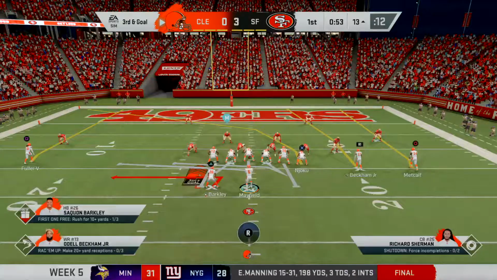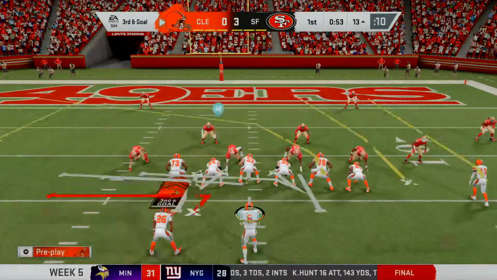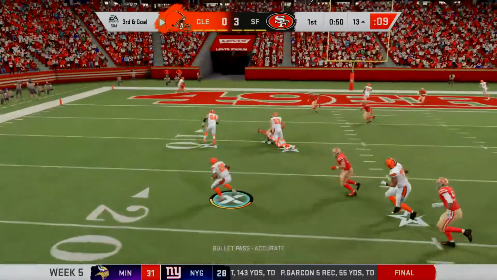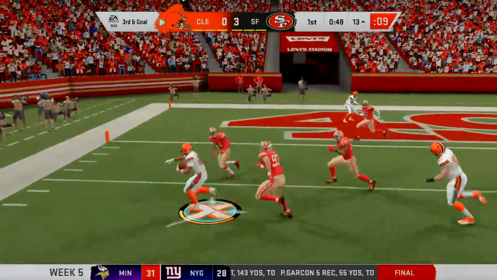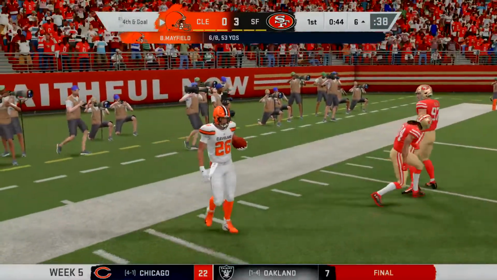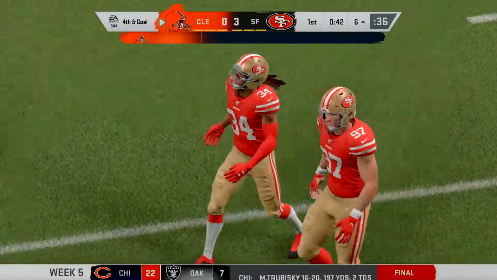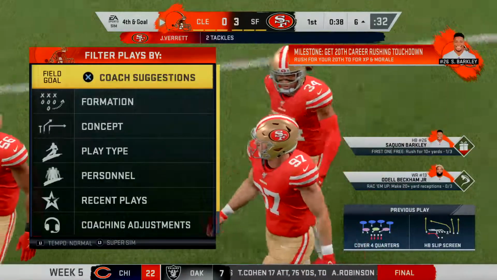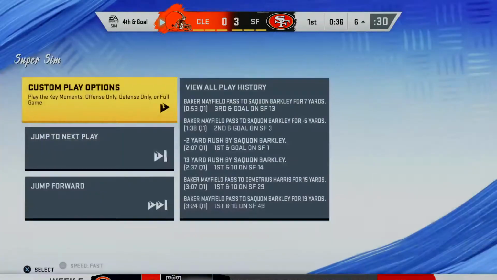Let's go, deep, tighten up. Mayfield to throw it. They'll set up the screen to Barkley. And he's going to be brought down just shy of the 5 at the 6. That pass play good for 7, but it still brings up a 4th and goal. Instead of throwing it downfield, Charles...